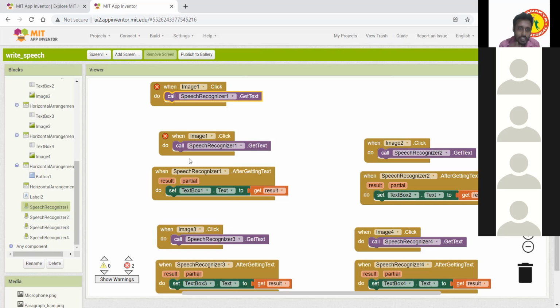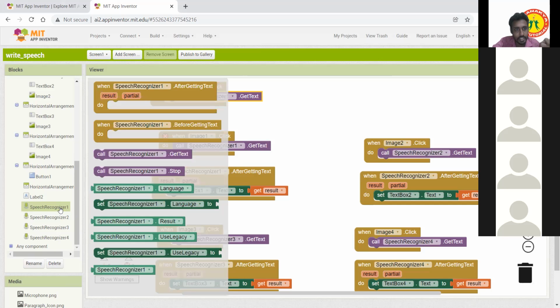Sir, do we have to do this for all 4 images? Yes, for all 4 images you need to do. So after completing this, click speak recognition and take the first one, speak recognition after getting text.